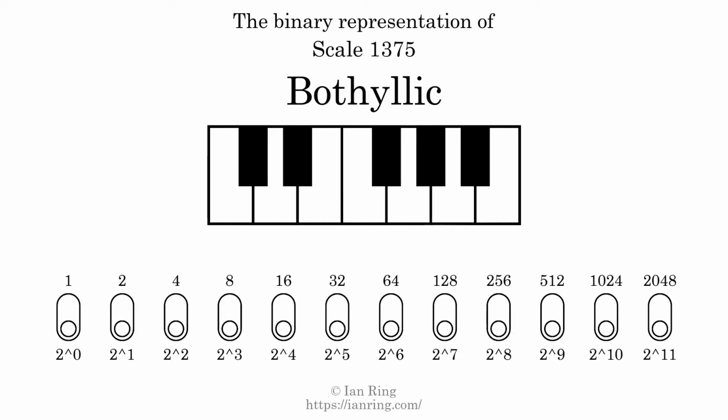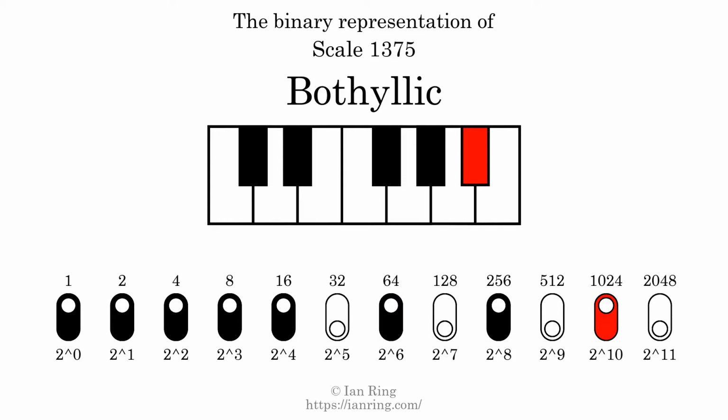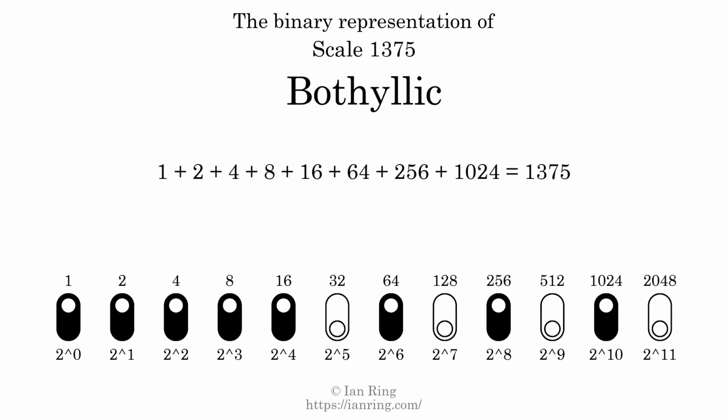The binary representation of this scale is determined by mapping tones of the scale to binary digits. Each binary digit represents a power of 2. To get the scale number, we add the powers of 2 together. The powers of 2 that are present in the scale, all added together, equals 1375. That is why the scale number, in decimal, is